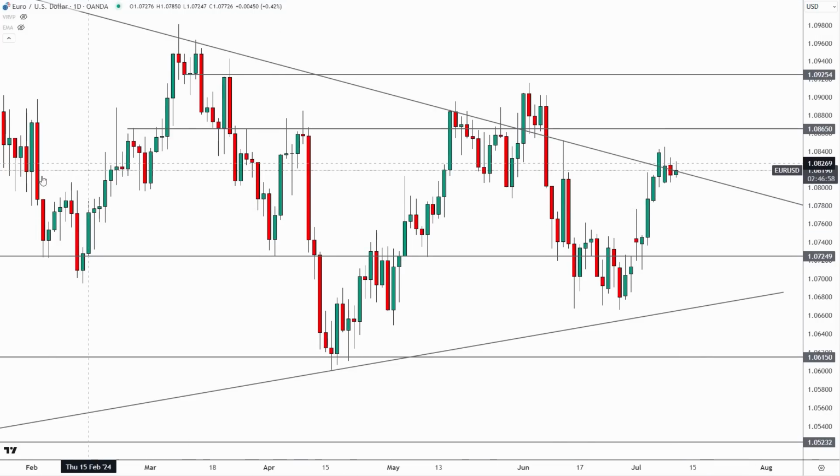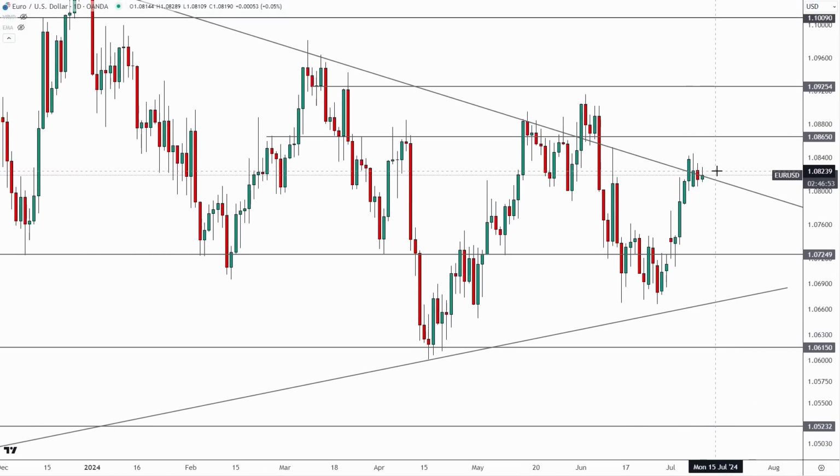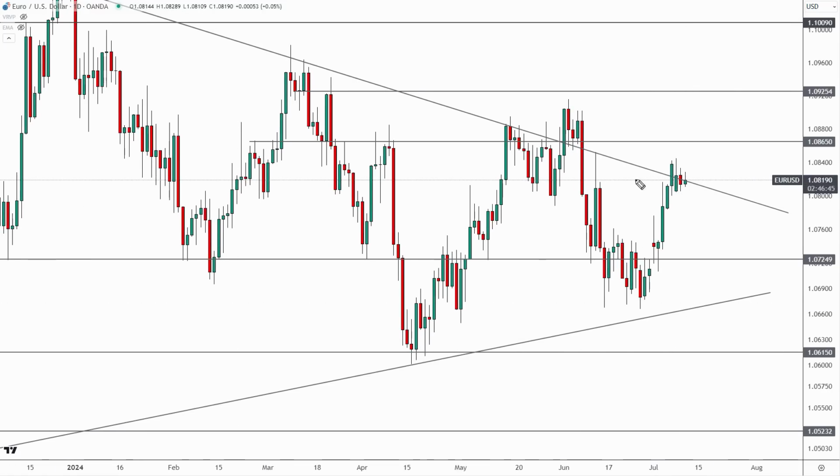So this is why I often say that it's better to get in on a retest rather than look for the initial long or short when the market is still trading at that level. So in other words, if we get the EURUSD this week trading back down here, so if CPI and PPI come out higher than forecast, we get a bullish DXY and the euro trades down here, then you're looking for shorts against this level next week. Now, of course, this is just my opinion as always. I am not telling you what to do. Whatever you decide to do is completely up to you guys. But if we were to get that, then I'm looking for shorts against this level